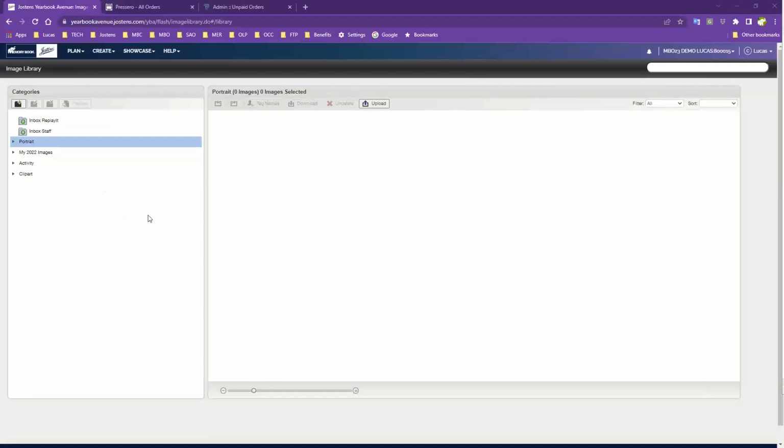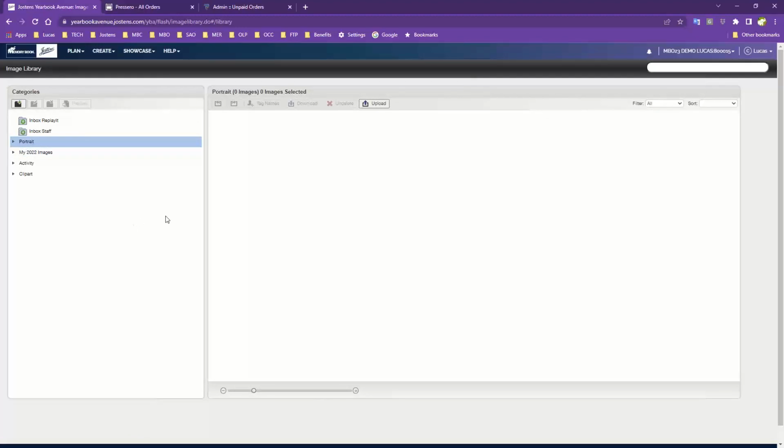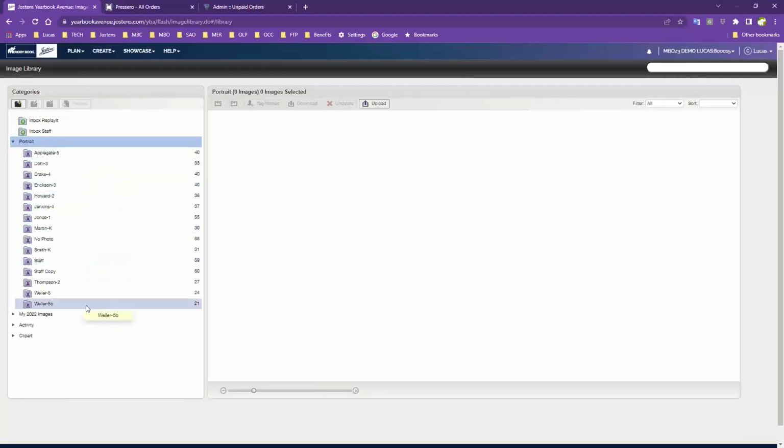So where I am, when, or if you've already set off your class, if you're getting a direct link from LifeTouch or something like that from a photographer,